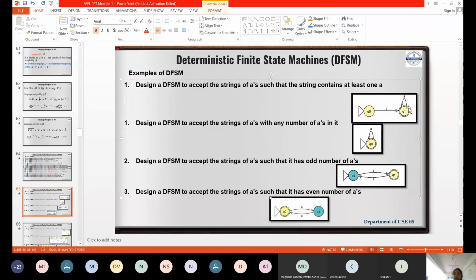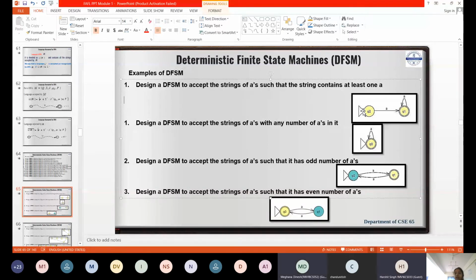Why am I giving the input A to Q1? Because A should also be accepted. A is also, see, that is fine. So if I give A to Q0, what happens? What if I give the length AA? What if my string is AA? Then you'll have an even number of A's.